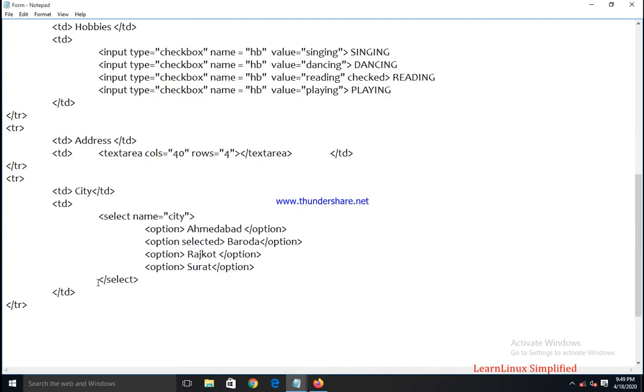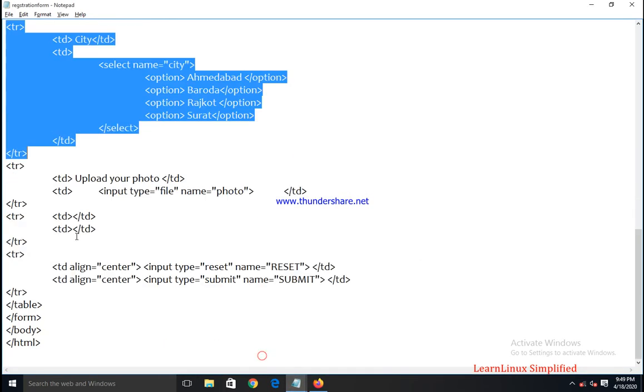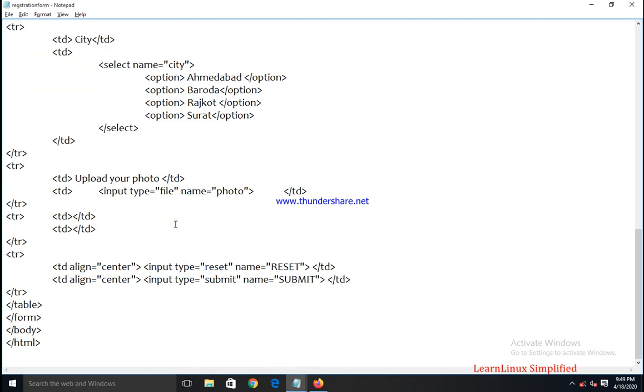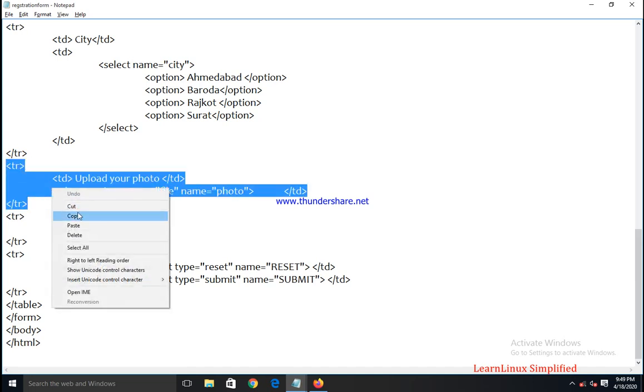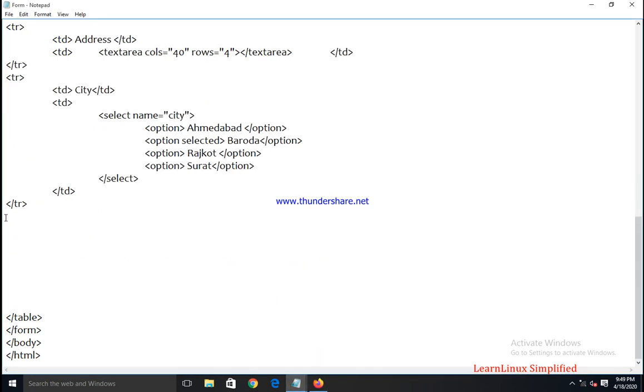Okay, so let's move on. Now to create an upload box, we can write input type is equal to file, name photo. Select, copy, paste. It is simply used to create a file upload box.